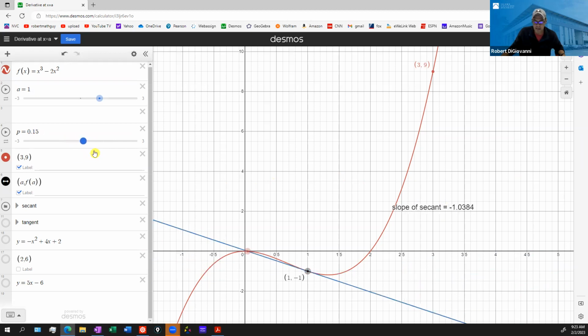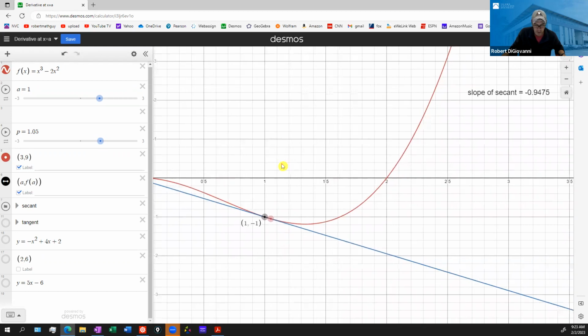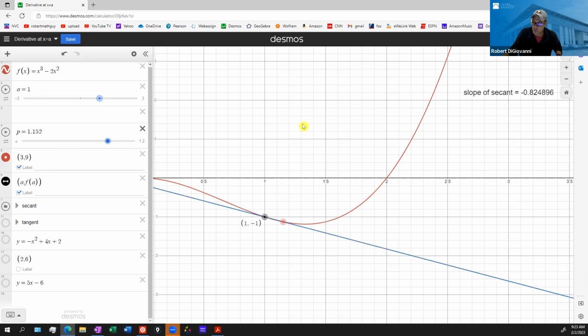So even though at 1 there is no slope, it seems like there is a line though, right? It looks like when I get really close, let me zoom in a little bit. Do y'all agree that as I get closer, there we go. So do y'all see that as I get closer, notice what the slope of the line is